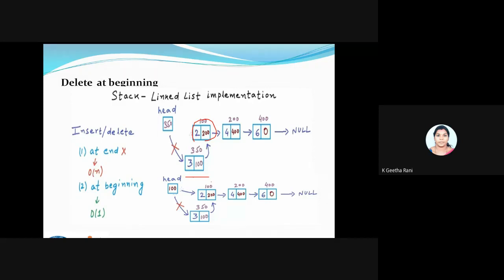When I'm trying to insert or delete at the end of my list, what happens? My complexity increases. Like in a stack, I'll have a push or a pop operation, and both are going to have constant time, a complexity of order of 1 alone. I can only insert one element at a time, or delete only one item at a time. Otherwise my order of complexity will be O of n. So I will choose to delete or insert an element only at the beginning of my list, not at the end.